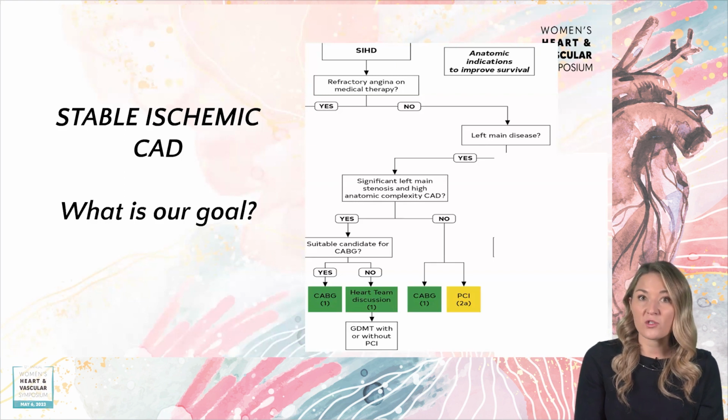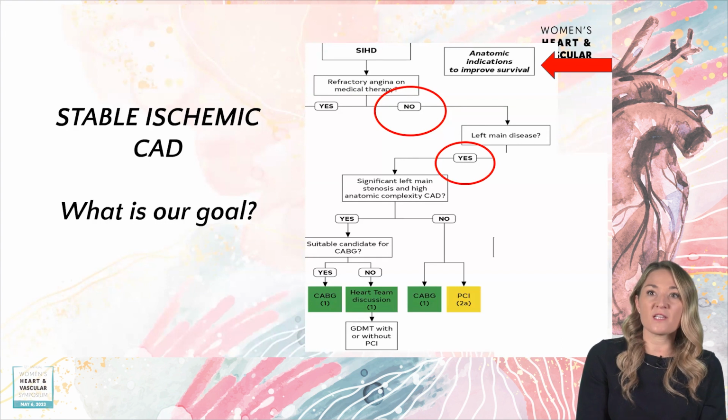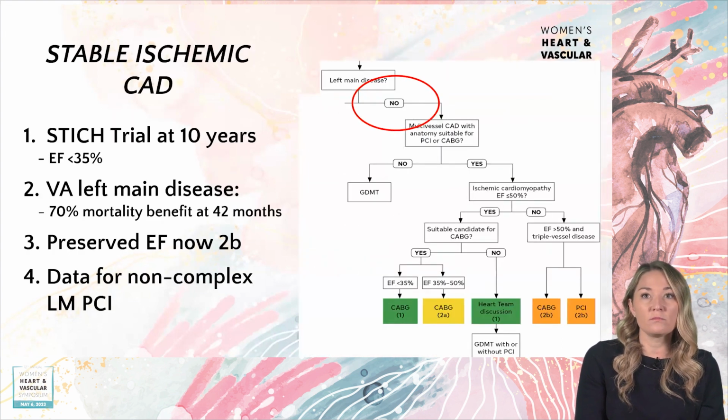You'll see that bypass surgery is still a class 1 indication for this disease. So all to say that this intervention, meaning surgery, or in the 2A indication doing a PCI of the left main stenosis, is actually to improve survival. And there are studies that back this up. And the strongest evidence for this in the past really decade to support bypass surgery in a patient with left ventricular dysfunction and CAD has been STITCH.